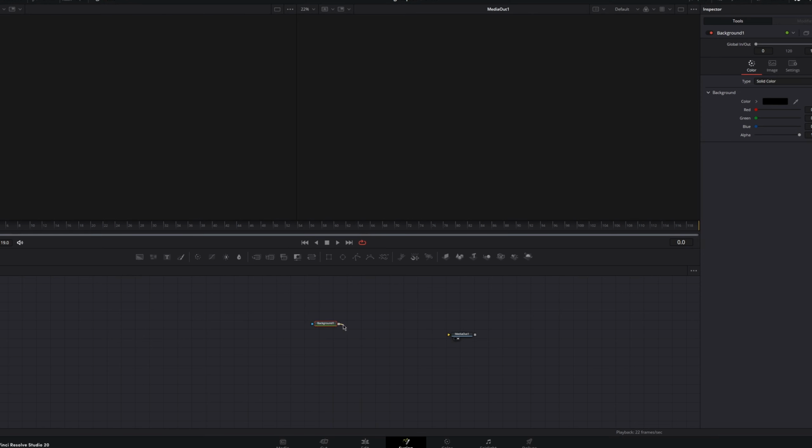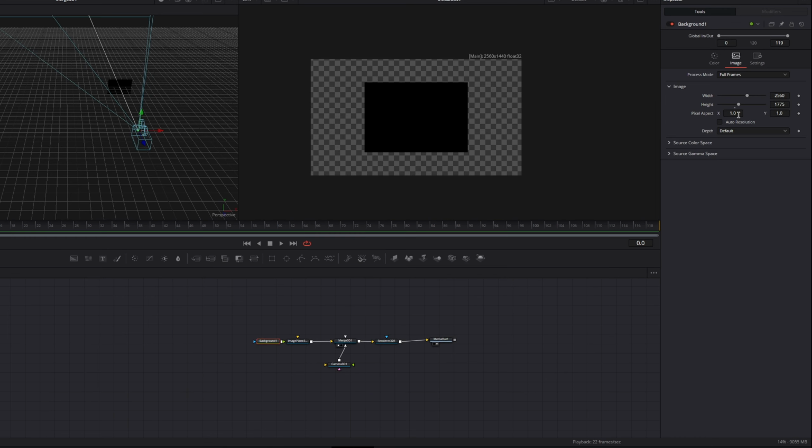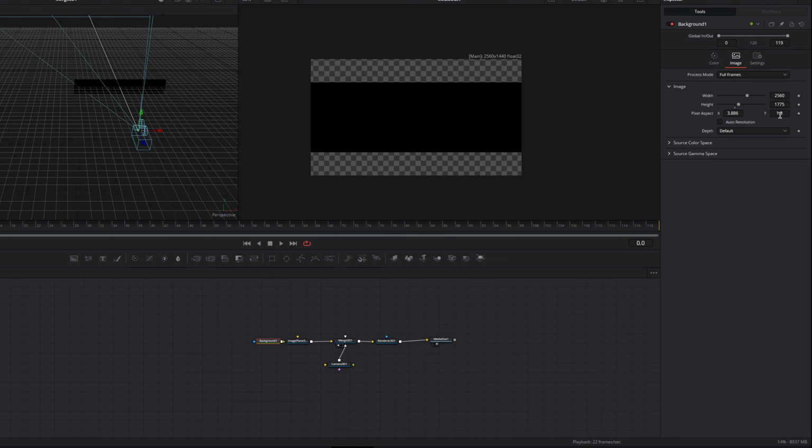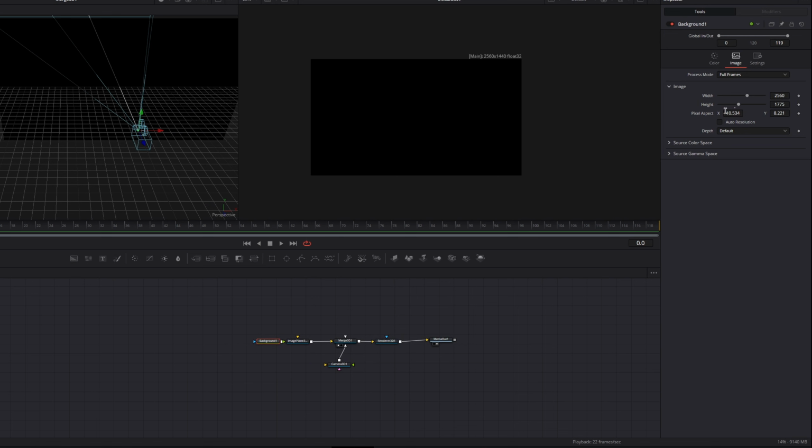Let's start with the 3D method because it's actually simpler. Here's what you do. First, convert your composition to 3D space. This is crucial. Now, instead of fighting with the background node, we are going to think bigger. Take your background and increase its size way bigger than your composition frame. Think of it like creating a huge canvas that extends far beyond what your camera can see.